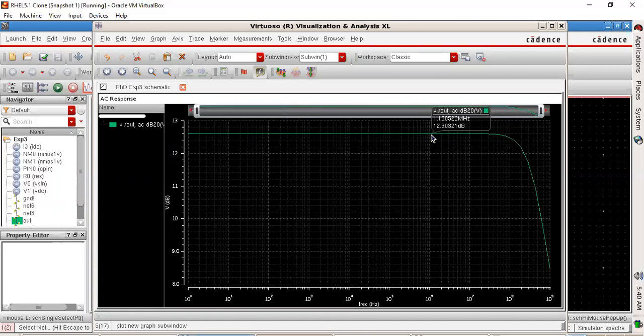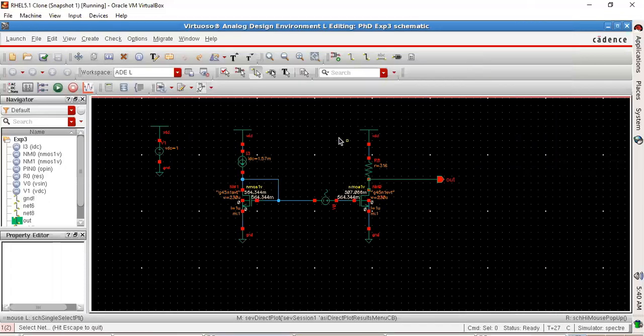Right. So this is a transient analysis and AC analysis. So the 12.6 dB is the gain, and you can see that at very high frequency gain is actually dropping. Right. So you can note on the AC gain, the gain at lower frequency. That's all. Now, if you want to see the transient analysis, if you want to look at a signal in